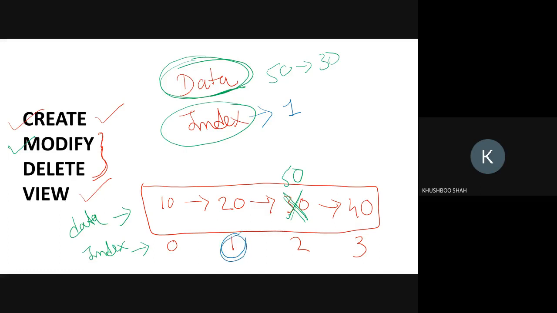When we talk about the index, we also need to ask the user that currently you have 20 at index 1. Now which new data or new value do you want? Let's say the user is saying I want 60 at index 1. So at index 1, we can replace 20 by the value 60. So now my linked list is 10, 60, 50, and 40. Understood?